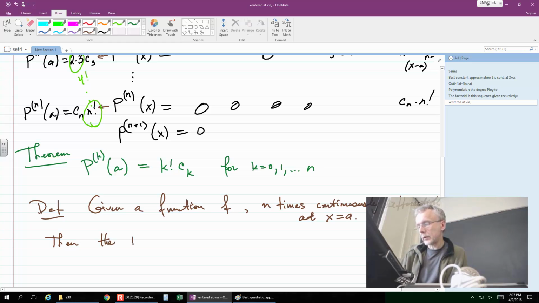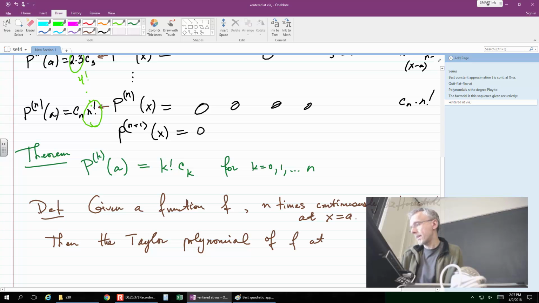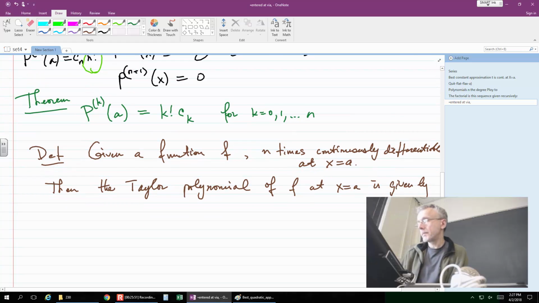Then the Taylor polynomial of f at a is given by, so a Taylor polynomial will have a match of the derivatives. Well, a Taylor polynomial T sub n. I'm sorry, the nth degree